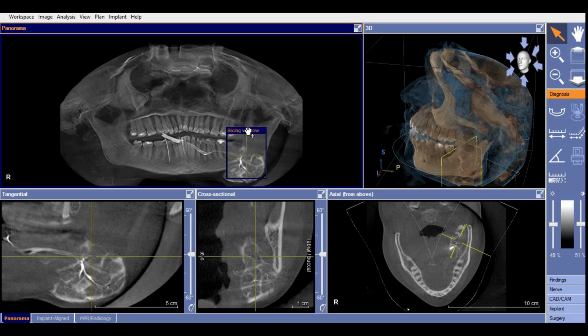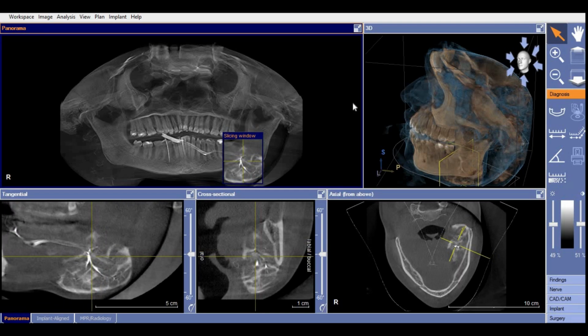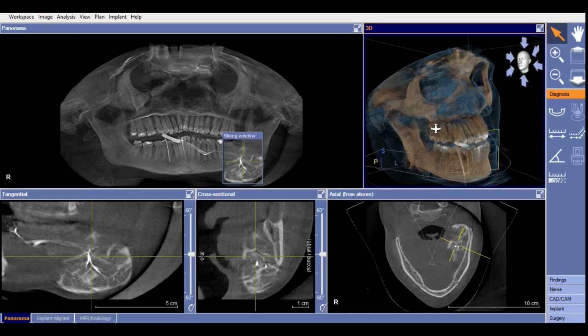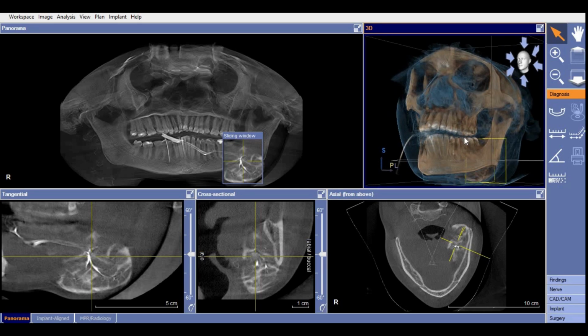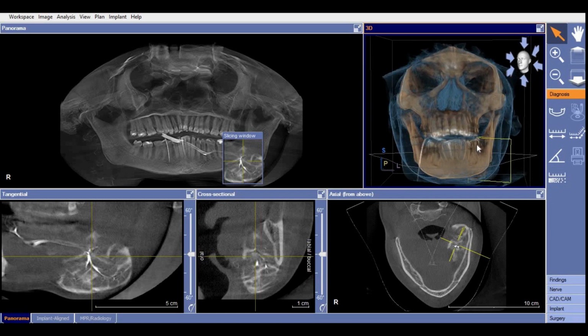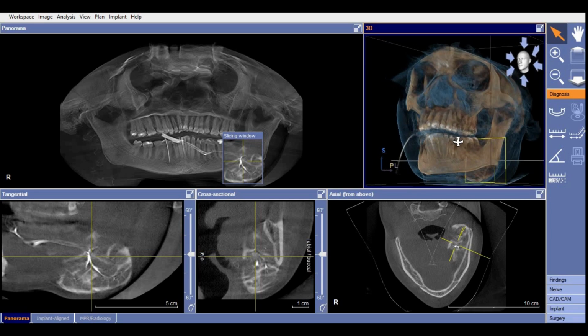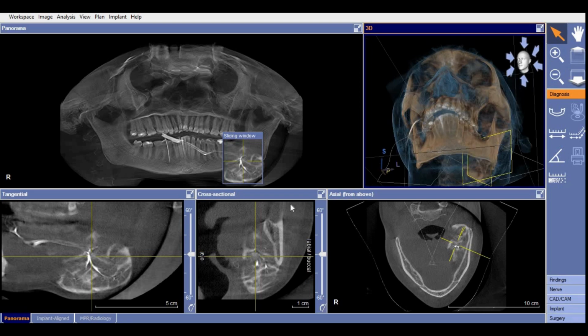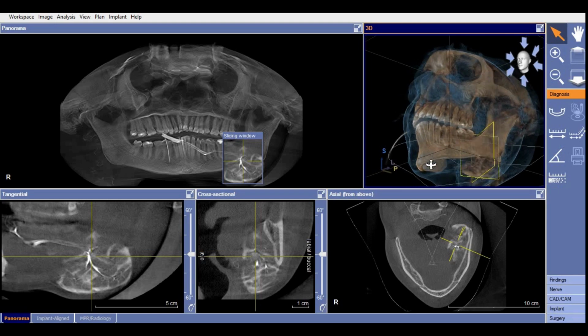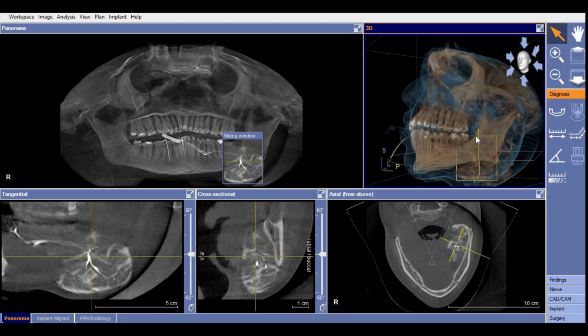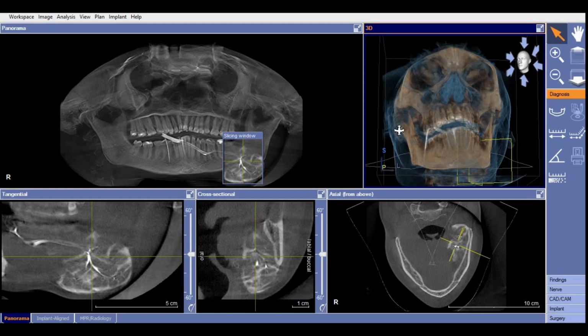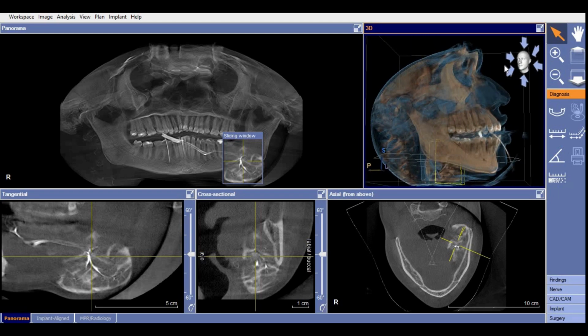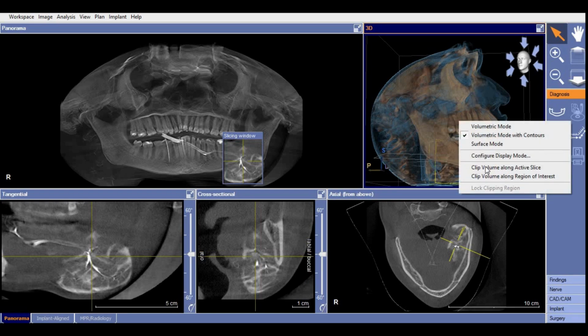I hope you understood the sialography procedure, and I'll show you some more slices so that it will be interesting. This 3D reconstruction you can mainly use for understanding purposes, but you can't find any pathology from it, because it is just a reconstructed image. It's not an actual image. If you want to find the real findings, you have to go through the tangential, cross-sectional and axial views. And if you want to find exactly where you are viewing, you can always orient yourself with the help of the 3D reconstructed image, and you can even crop those images for better clarification. I'll just show you now.